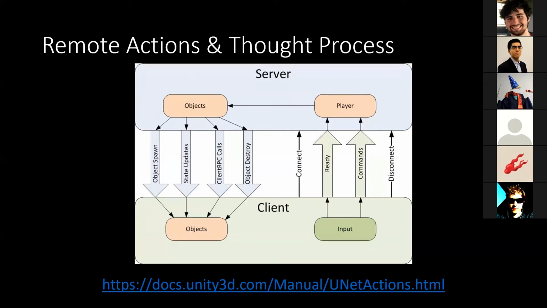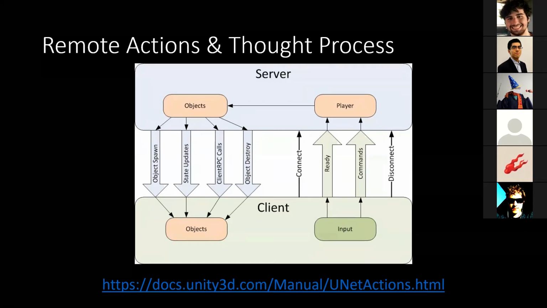So it's up to the networking code to determine whether you're the server or the client and whether or not to run that script or that line of code. And there are built-in Booleans that can handle that. But that's really what it comes down to: juggling and thinking ahead about, do I need this function to be a command or a client RPC? And I'll explain what those are in a couple slides.